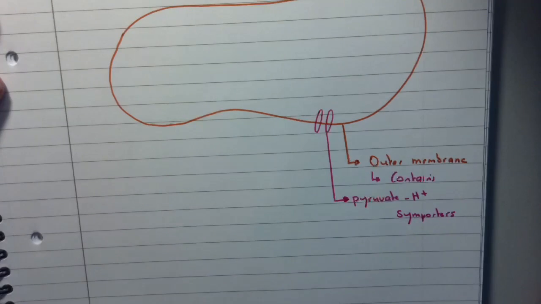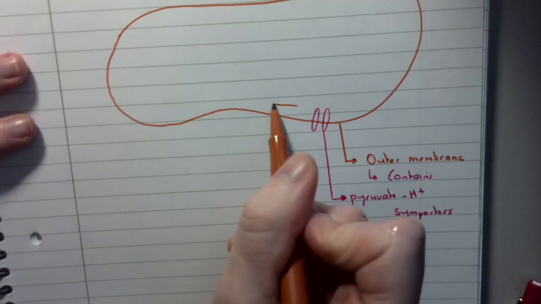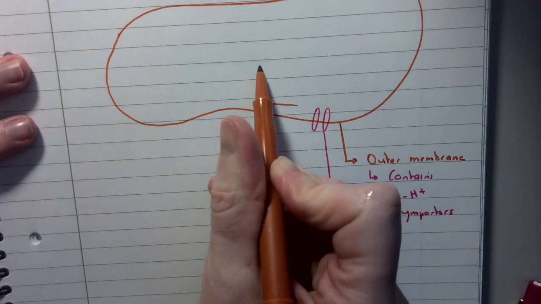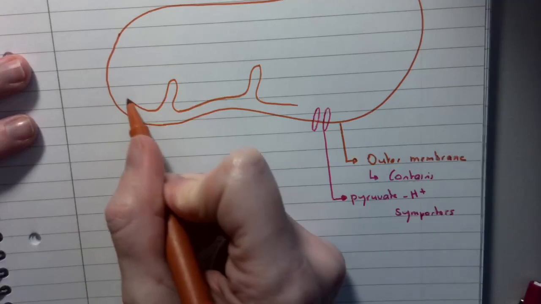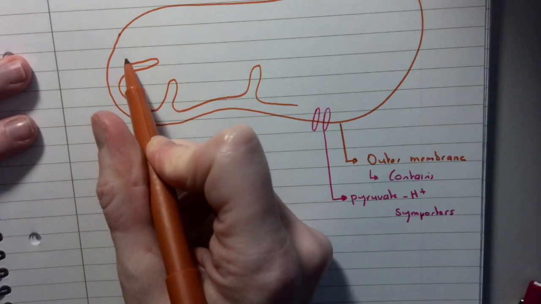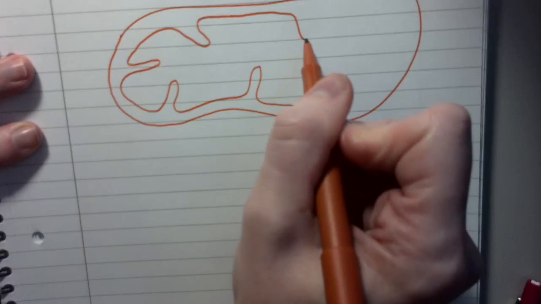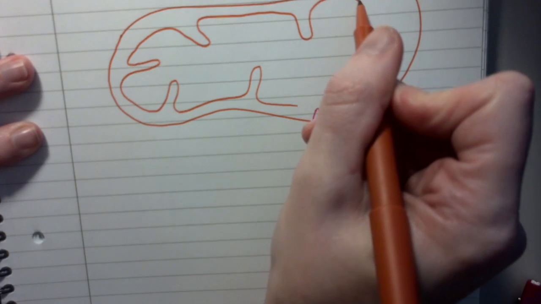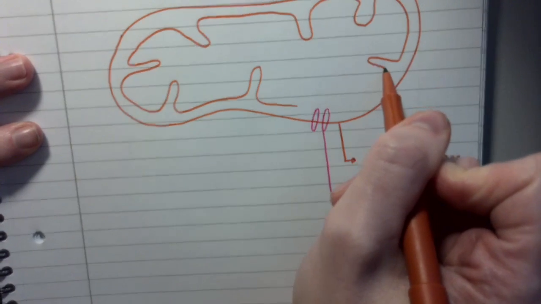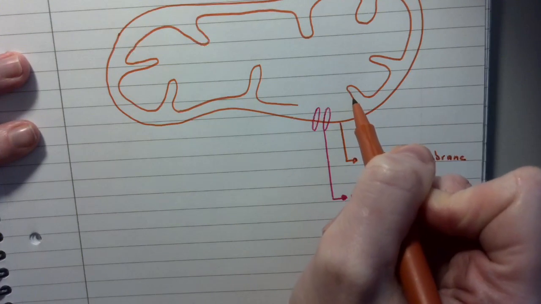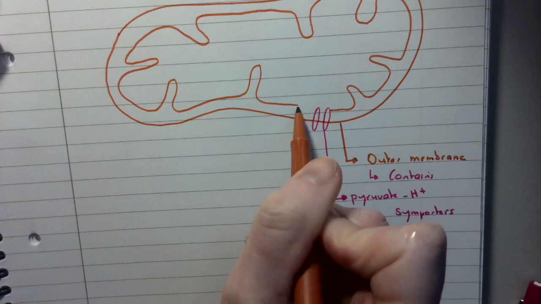Right, there's also an inner membrane. The inner membrane on mitochondria has these projections or folds, found all the way through the membrane. They increase the surface area, because one of the really important reactions that produces ATP happens on the inner membrane. So the more inner membrane surface you've got, the more ATP you can produce. So I'm just going to draw that like that, and make the inner membrane go through that little